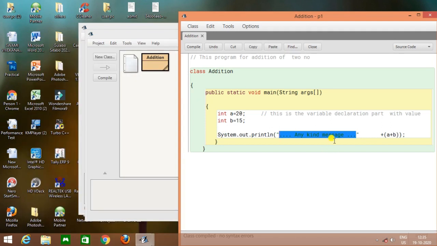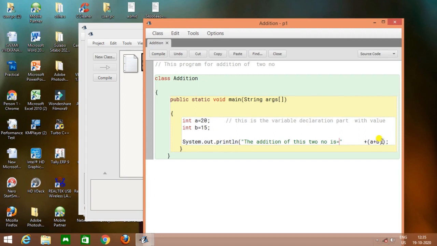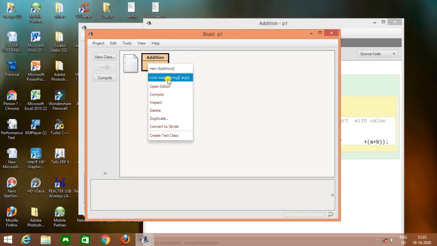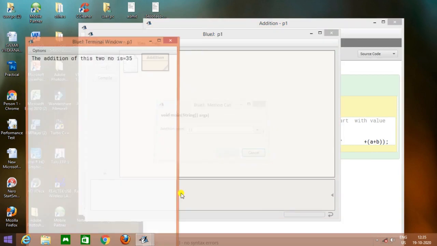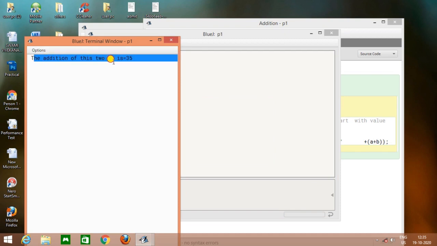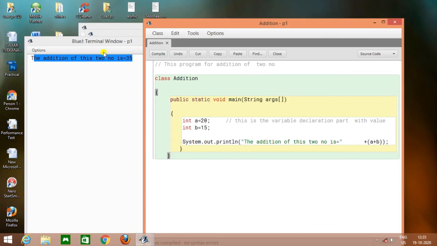See, additions, no, where we want to see the additions. Okay, so like this, the addition of these two numbers. The text goes in inverted commas, then this one plus this one. Clear or not? Simple. So in this way we can show it. Now see, compile that, just right click, void element, then okay. See what is the difference. The addition of these two numbers is 35. Clear or not? So in this way we can find out all these things like differences, like product of